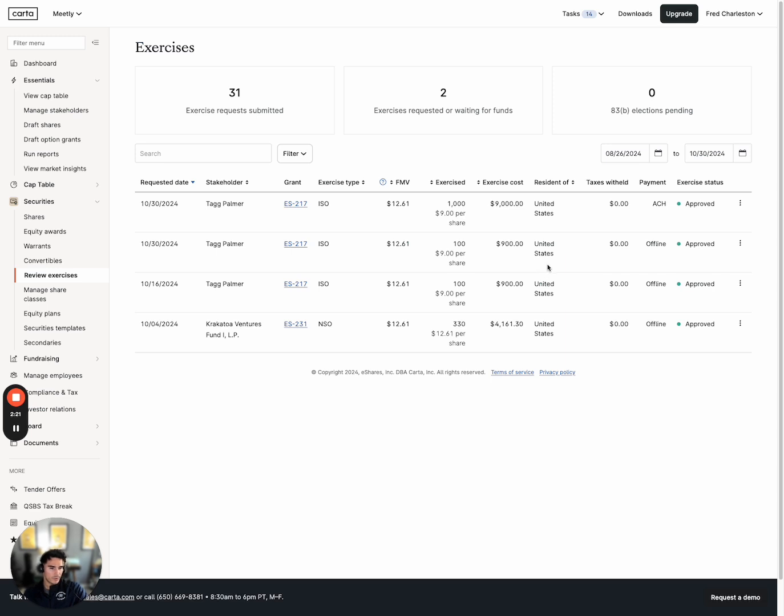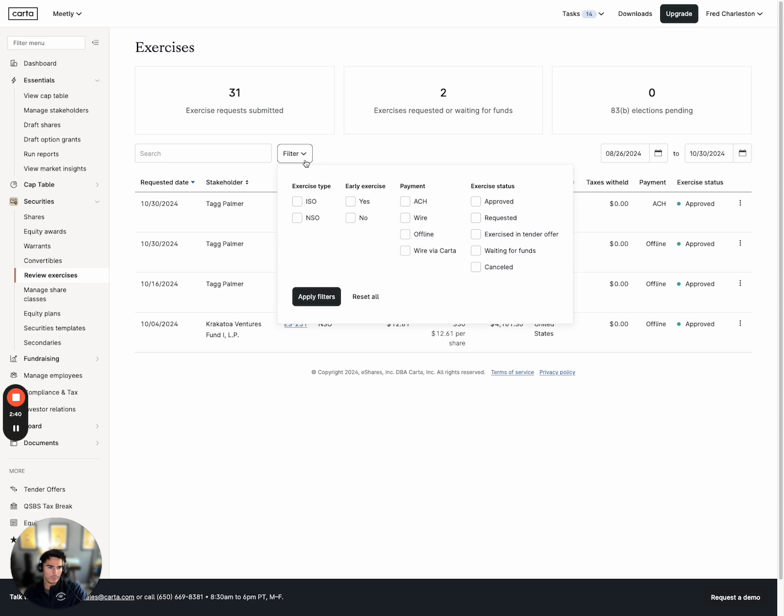Typically, those are given to full-time U.S. employees, but there are some caveats. Here, taxes withheld, the type of exercise, whether it's ACH through the Carta platform or manually offline, and if the exercise was approved or declined. There are a few additional features to this that are not overly intuitive. If you go to filter, you should be able to search for